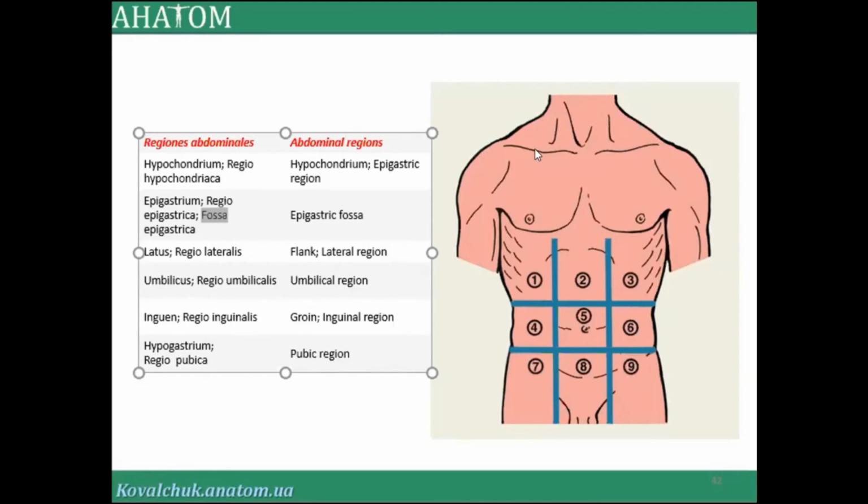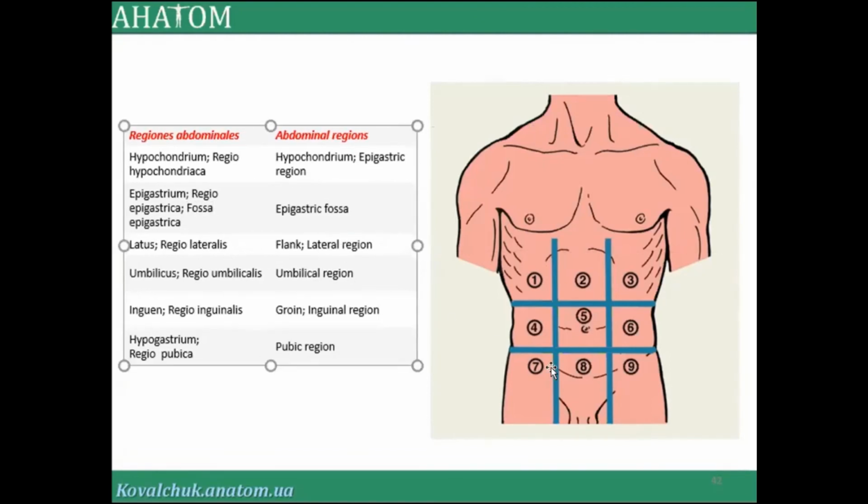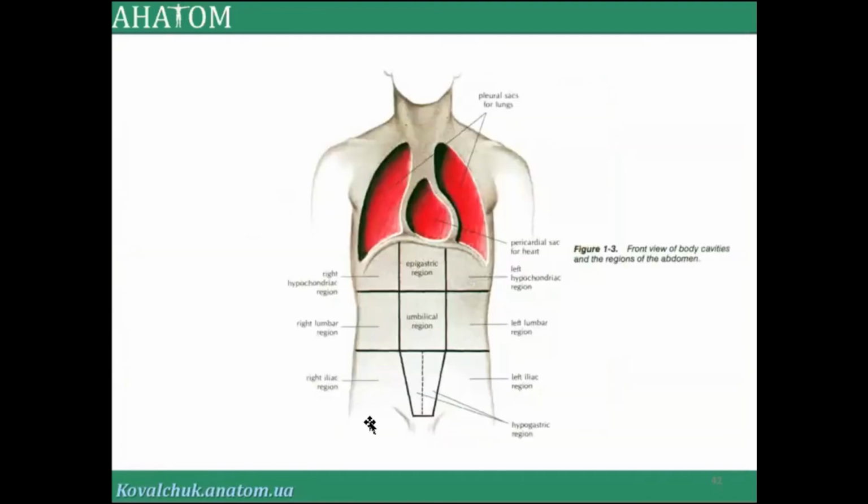This structure is very important in the future when you will be in surgery, in topographic clinical anatomy. It's very important in the future for understanding where some organs are located. It's a big mistake when asked about this region to say lumbar region. It's not the lumbar region. The lumbar region is in the back, in the spine. Here it's not correct. It's the lateral region.